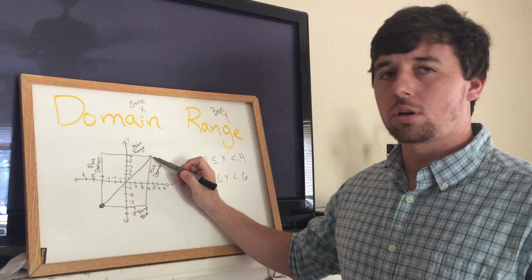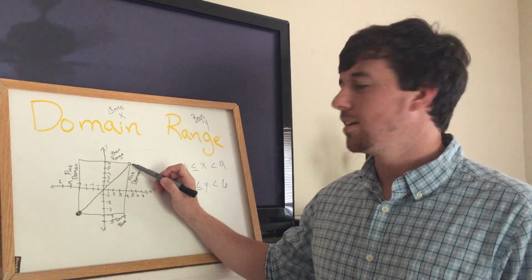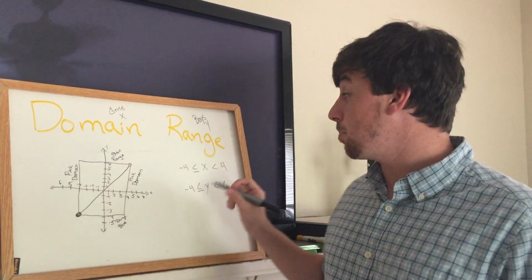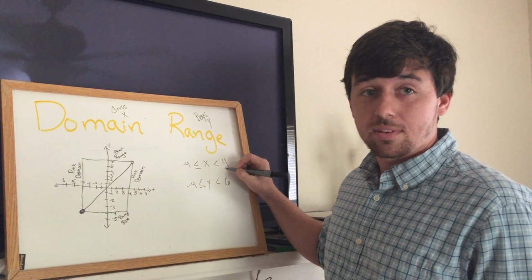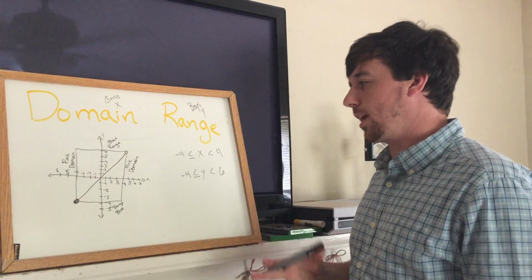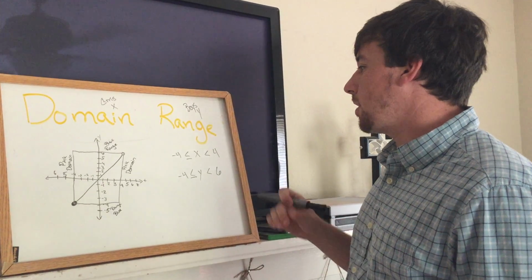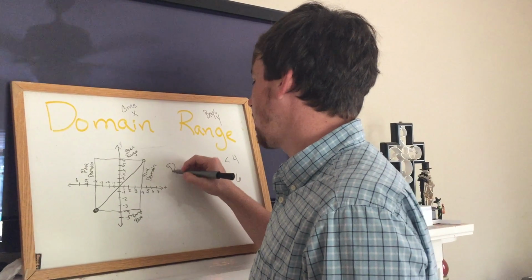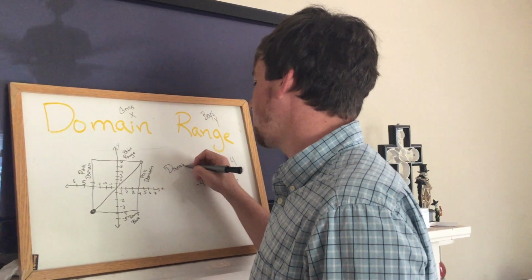Now look up here. Is this one an open circle or a closed circle? So since it's open, can we put a line under it? Can we equal it? No, because it's an open circle. We can't do that. So we look at that, and I'm going to label it again just so it's easy to remember in our notes. Domain